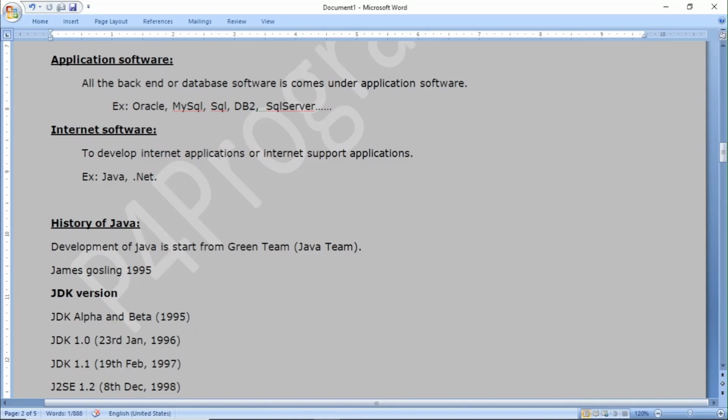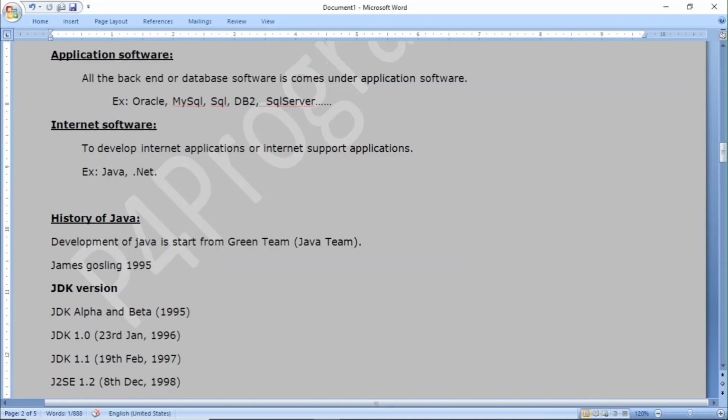Now we are going to move to the history of Java. Java was developed in 1995 by James Gosling and the Sun Microsystems team. Java has a lot of versions in the market, like JDK 0, 1, 2.